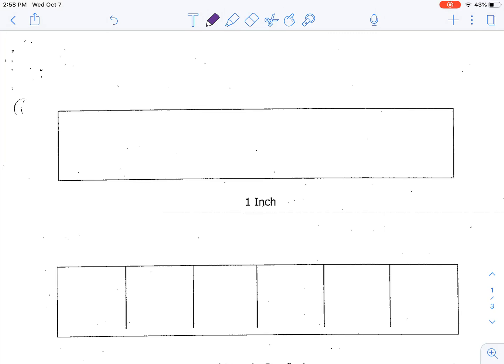We're here today to review how to convert between inches, points, and picas. Inches, points, and picas are kind of like the feet and inches of the graphics world. And to help explain this, I've drawn up these little diagrams here. If we're going to pretend like this is 1 whole inch,